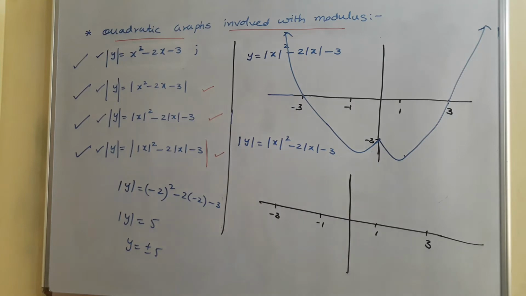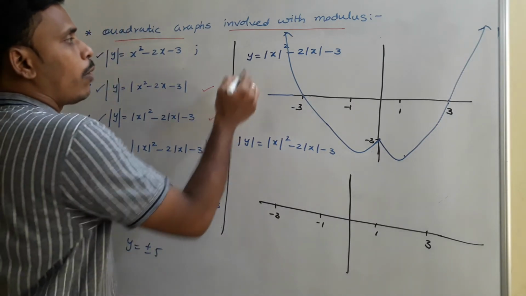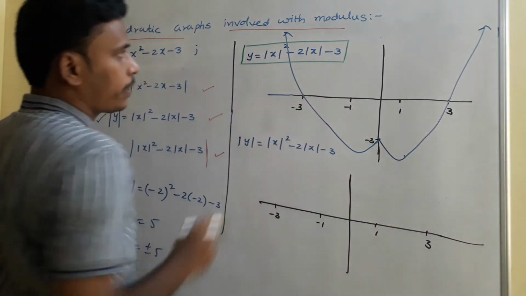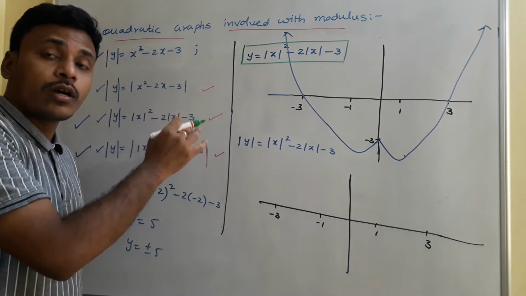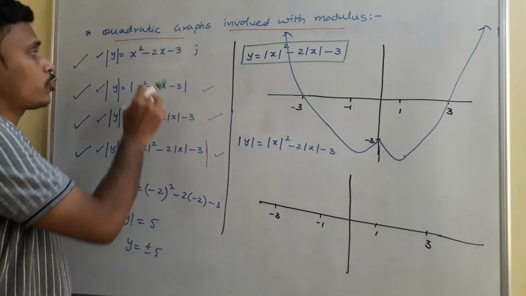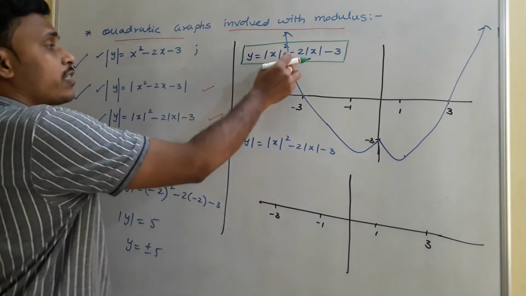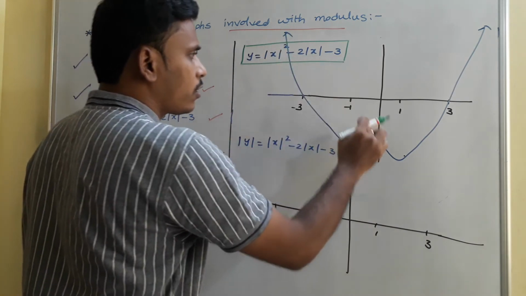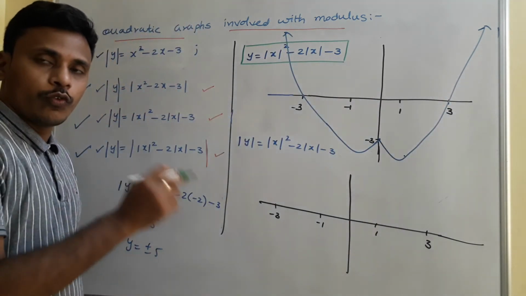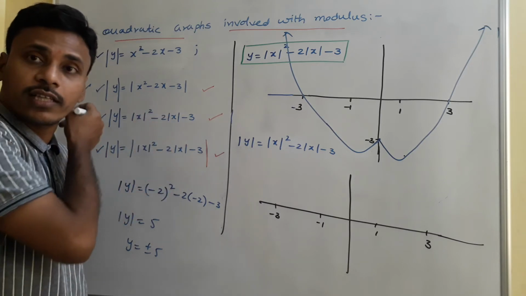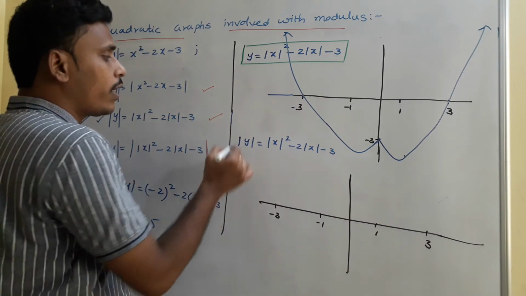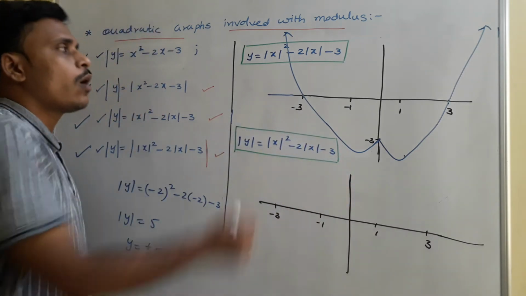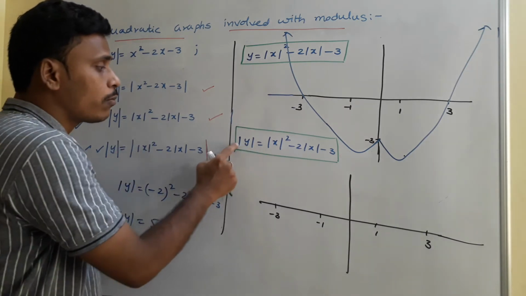Just have a look. The next one, y equals mod x square minus 2 mod x minus 3. A very special graph. If x is positive, consider the graph in the positive region of this x square minus 2x minus 3. If x is negative, another graph. Okay, at the end, as we discussed in the previous class, the graph of this expression looks like this W shape. If you wish, just recall, just revise that previous class. That's it. And now our intention is to sketch the graph of mod y equals mod x square minus 2 mod x minus 3. What is the difference between these two? Just we are including modulus for y.